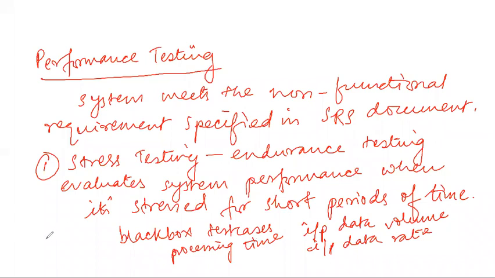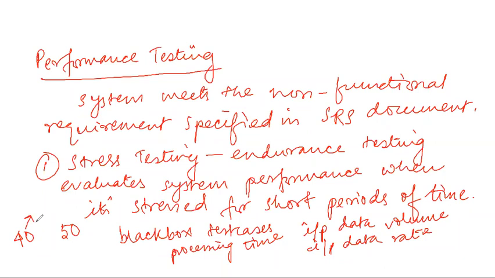Suppose it is said that my system is able to withstand up to 50, and when I am giving just 40 also, it is collapsing. So my motto is to give uneven inputs so that the processing time, the utilization of memory, all these can be stressed and tested beyond the capacity.